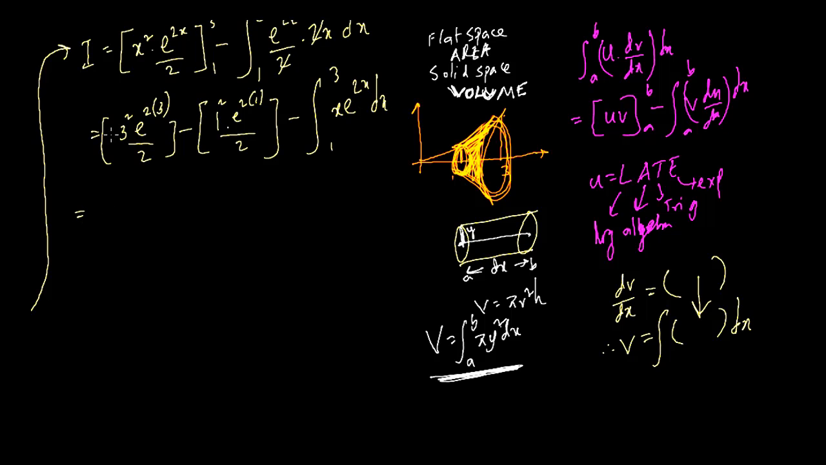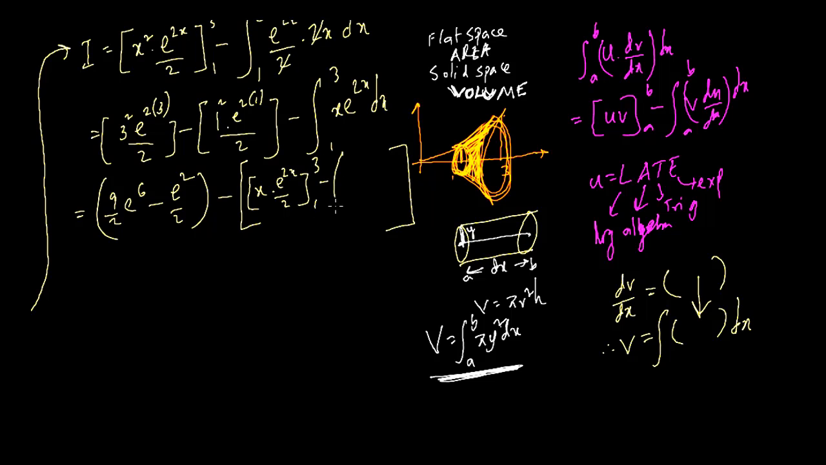So this is 9 by 2 e to the power 6 minus e to the power 2 by 2. So this is this minus, let's do integration by parts again. Now let me put a big bracket here because we are doing integration by parts again. So let u be x, v is going to be the integral, since e to the power 2x equals dv by dx, so the integration of that is going to be e to the power 2x by 2, the limit is 1 to 3,